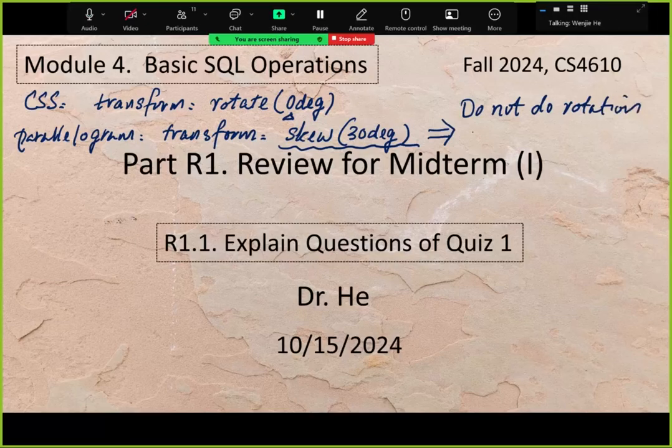Do not do rotation on this piece. Okay. Yeah. So for this, you do not need to write rotation code on this parallelogram piece. Okay. Yeah. So the rotation, do rotation